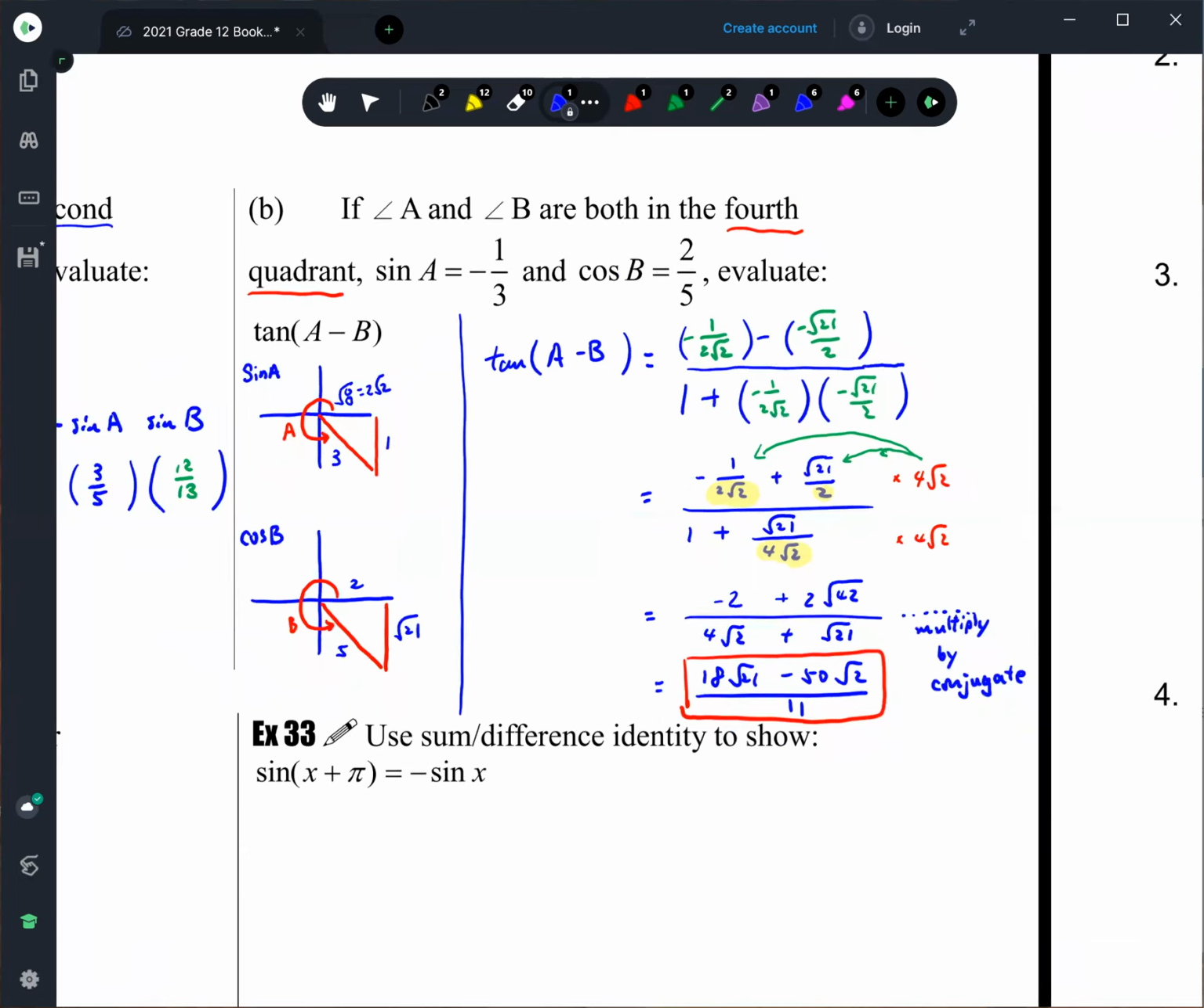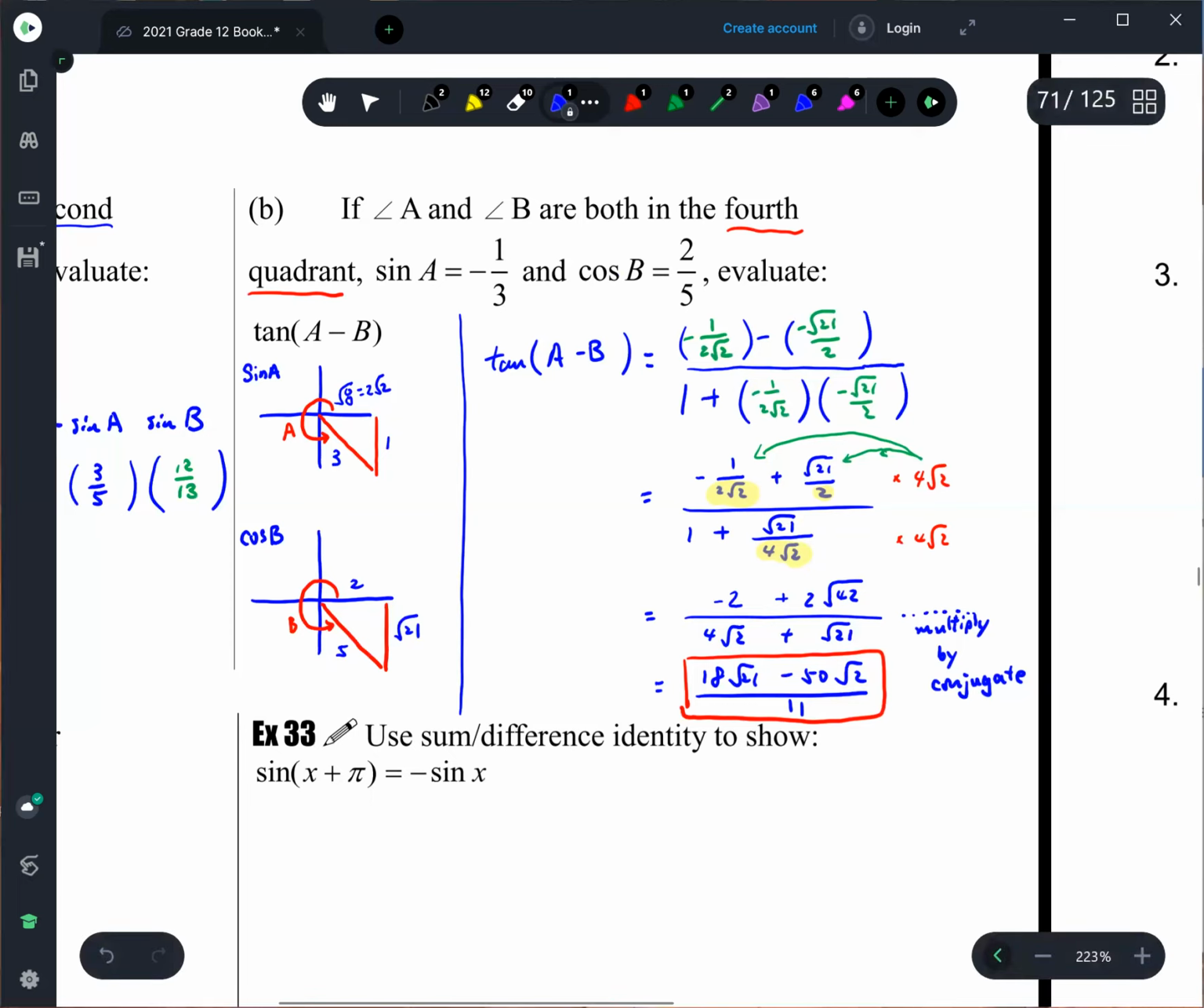Okay, so let's have a break first. After the break, we're going to learn more identities. So that's all for the sum and difference. We'll come back at 11:20 then. Okay, 11:20. Jason, could I see the first